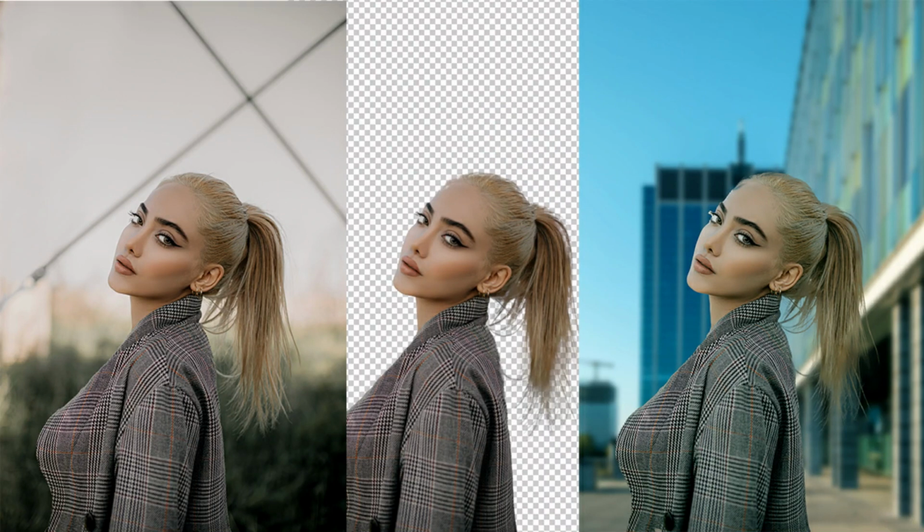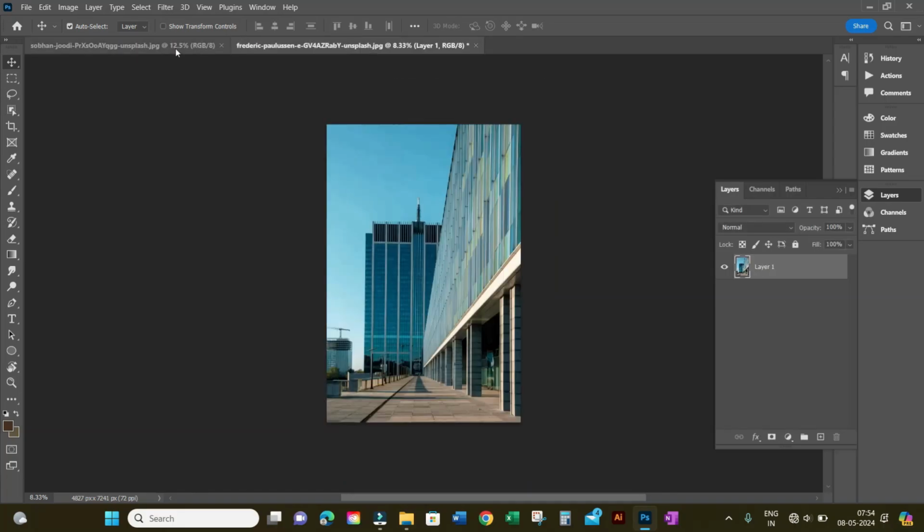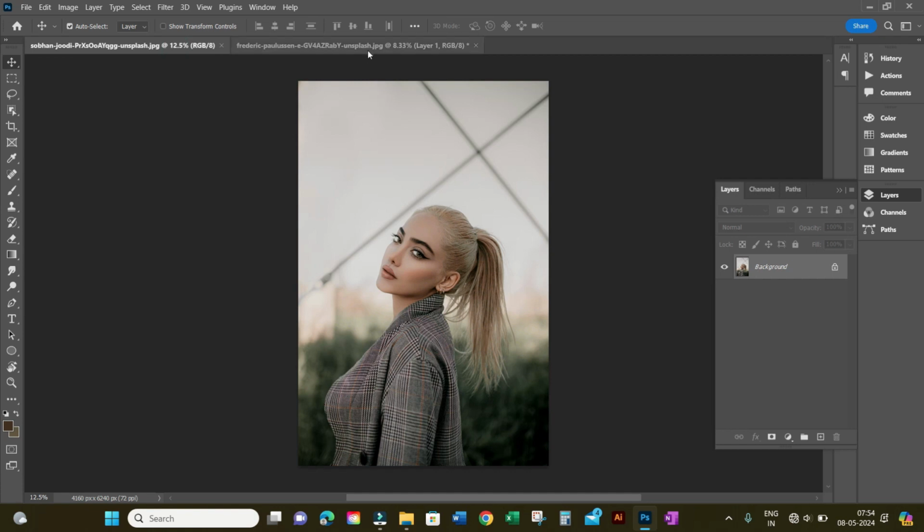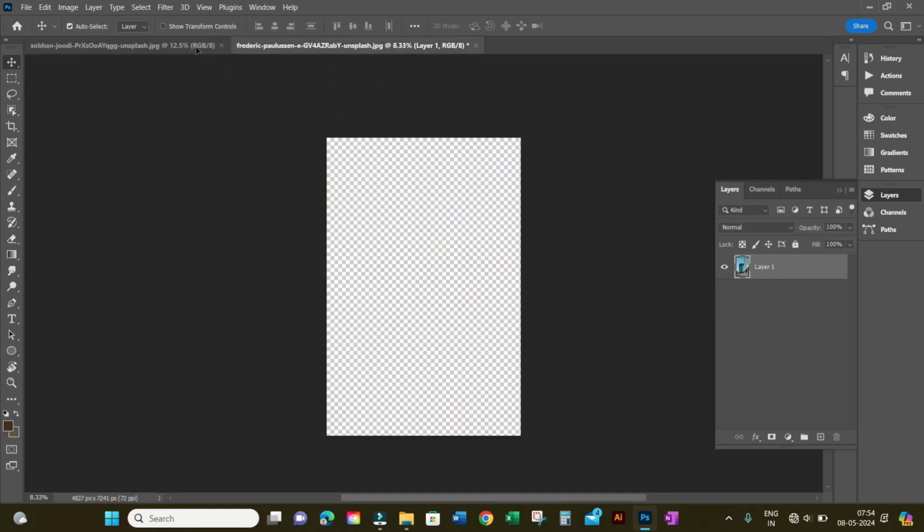In today's video, I'm going to show you how to remove background from messy hair. So let's get started. First, open the image that you want to change and then place the new background image